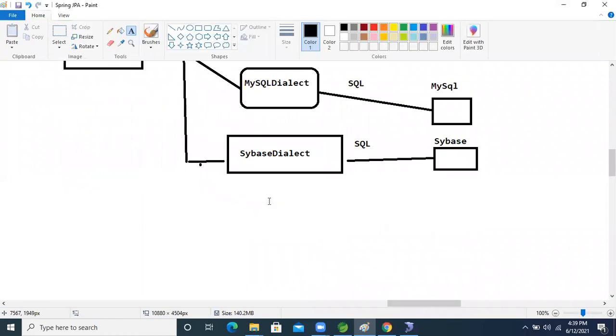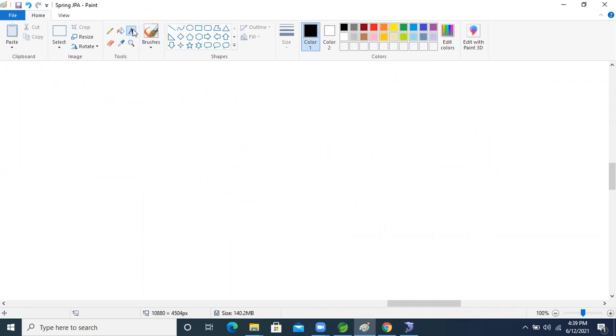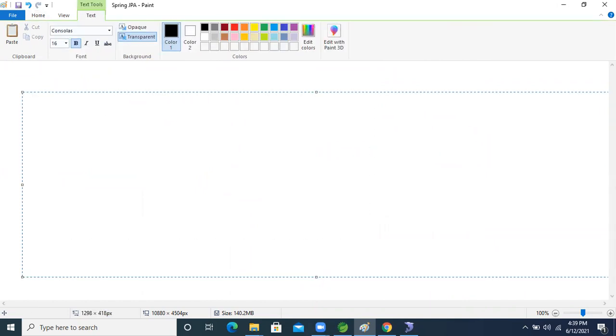Okay, guys, so how can we write the HQL query now? See this. I'm writing the HQL query. In HQL, table name is replaced with what?